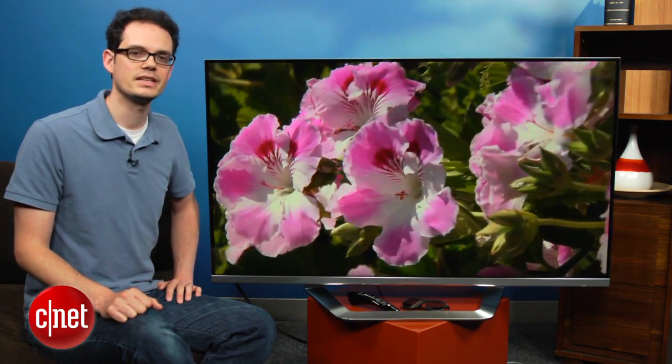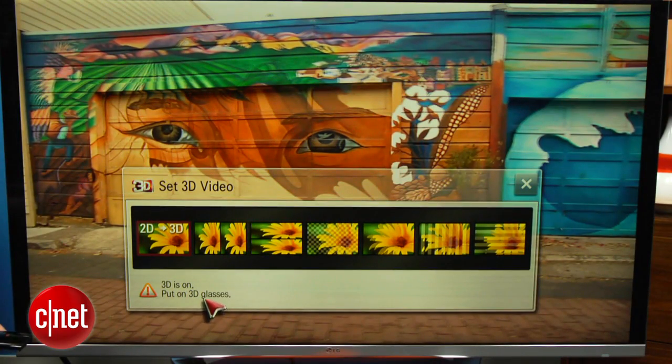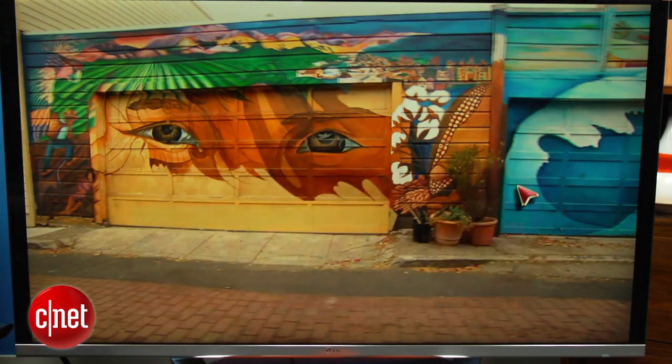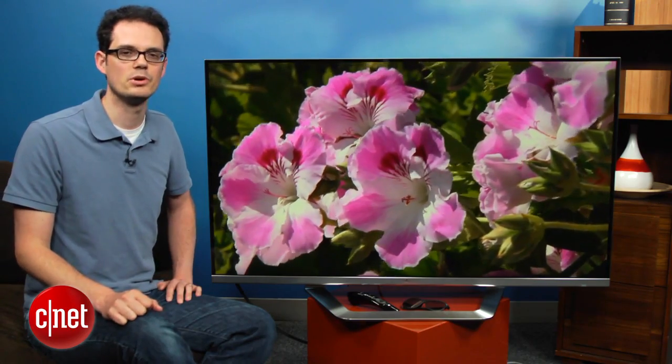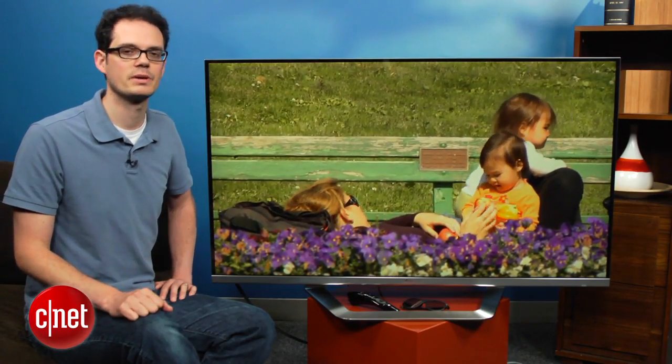There's also a 3D capability on this TV that actually performed very well in terms of crosstalk. We did see some artifacts caused by that passive 3D, but you have to look pretty close and or sit pretty close to see most of them. The set also includes 6 pairs of 3D glasses, which is one of the benefits of having a passive 3D system. Of course, your whole family can enjoy 3D, whereas with active sets, you got to spend a lot of money on 3D